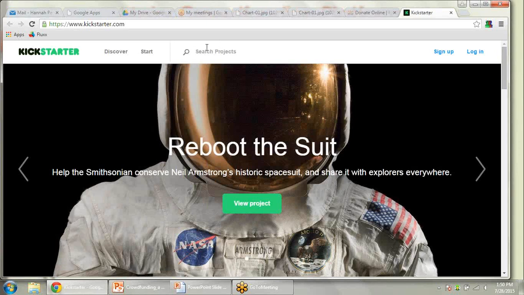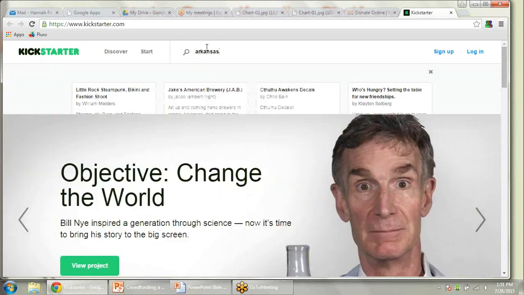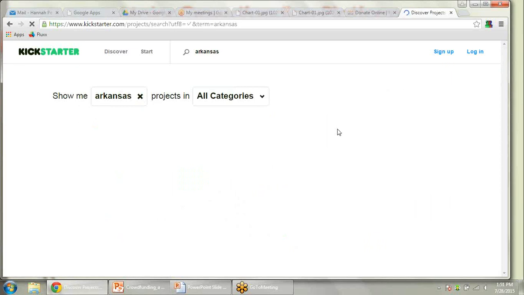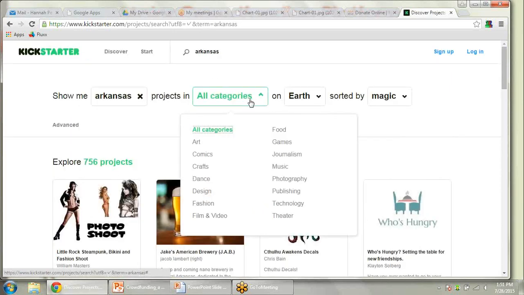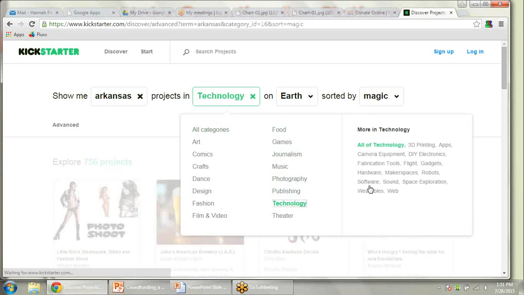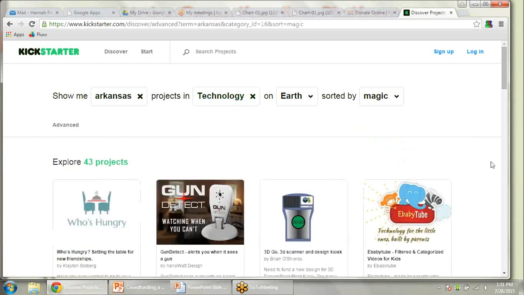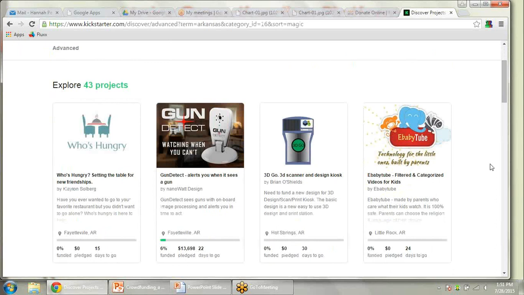Now, when you're looking at these sites, always look at the fees. When you do your budget for your crowdfunding campaign, take into consideration that if you raise $10,000, that whole $10,000 will not be coming to you. The crowdfunding platform will deduct 5% for their expenses, and the credit card processors will also usually take 3 to 5%. So you're looking at about 10% off the top. If one is raising $10,000, you only get about $9,000 of that once everybody takes their fees out.